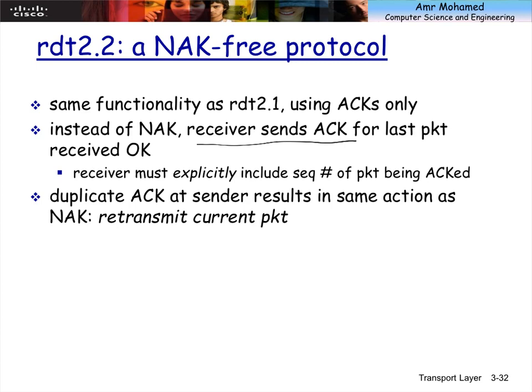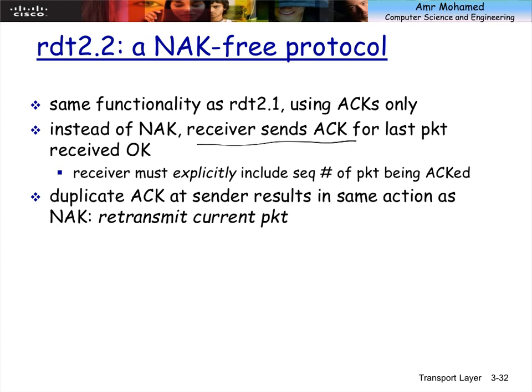So if you're sending me packet 1, and packet 1 is corrupted, what did I receive correctly? Packet 0, right? This is the last one that I received correctly. So I send the acknowledgement for packet 0. And this will implicitly tell the sender that packet 1 did not arrive correctly. So it will retransmit. We will send the acknowledgement for packet 0 twice: when we receive the 0, and when we receive the one that is corrupted. That's why I said duplicate acks are usually equivalent to negative acknowledgement.